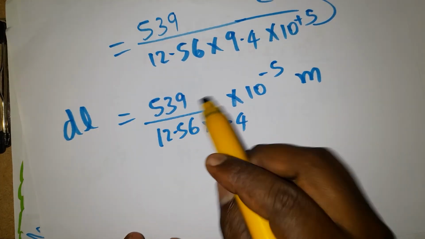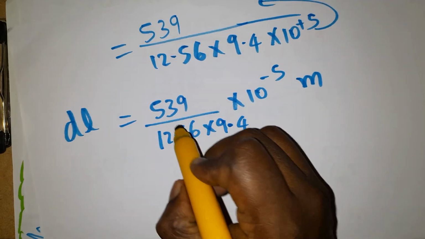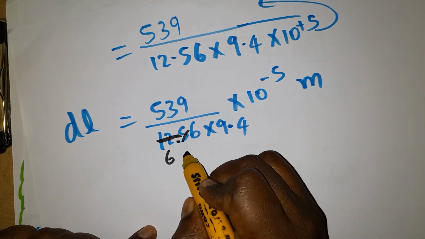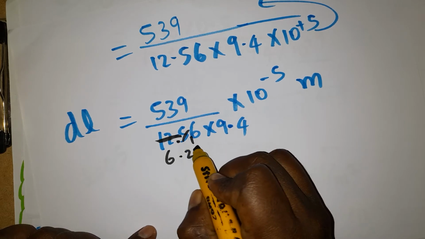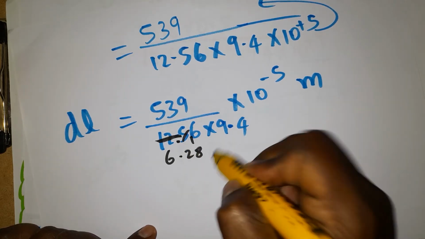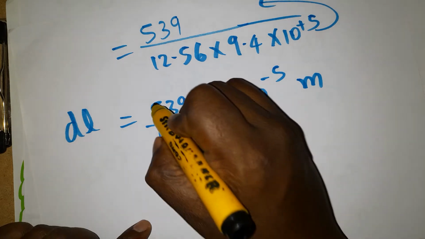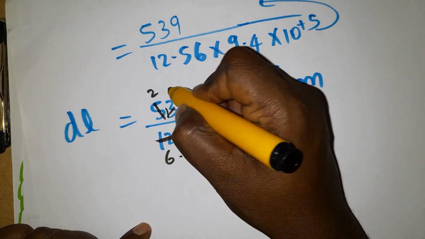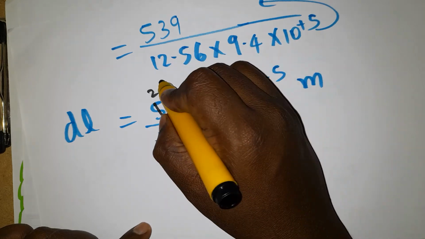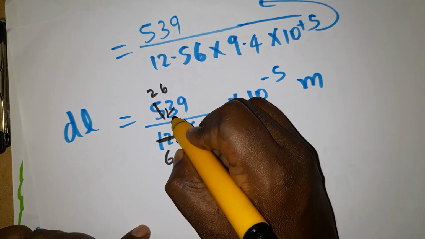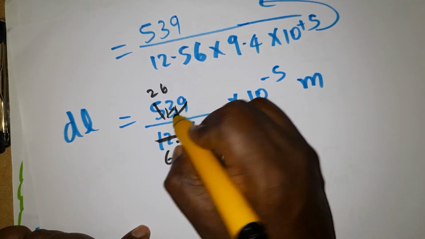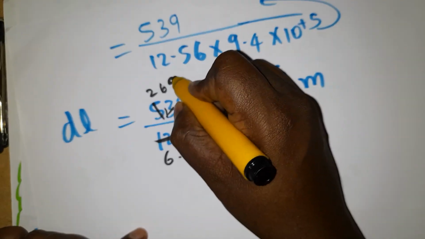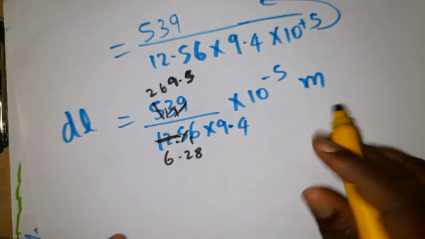Next, the cancellation with two tables I am doing. See here, two tables. Here 12 will be 6. 4 will be 2 times. 1 will be 8. 16 will become 8 times. Here 2 tables, 2. Then here 6 will become 2 times. 6 2s are 12. Here will become 269.5. This will be the final value.